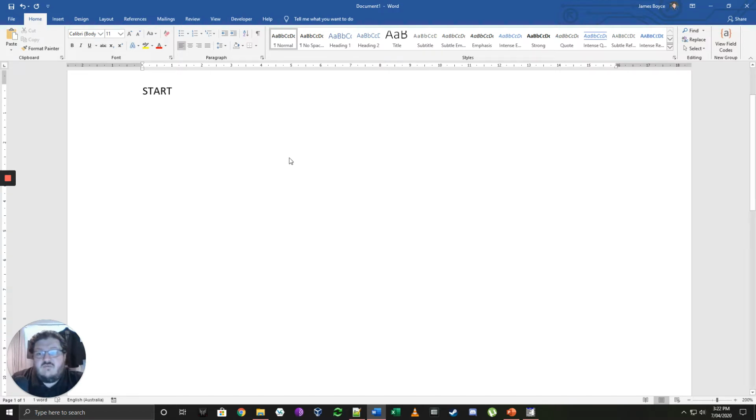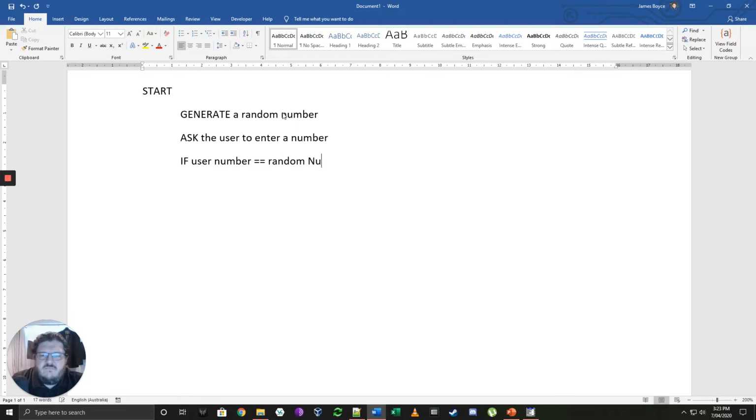So the first thing we do is generate a random number. Then we will ask the user to enter a number. And then we will say if the user number equals, or double equals, the random number, no capital there,